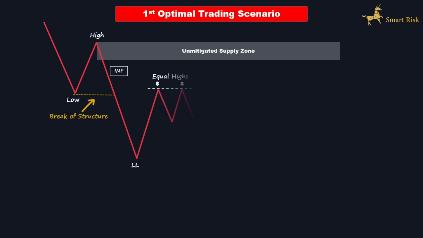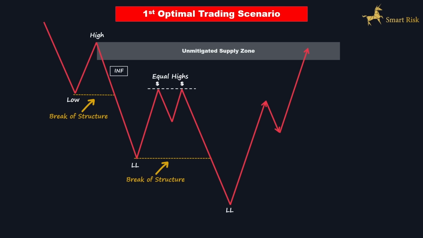In this first optimal trading scenario, imagine that we are trading at the perfect time of the day when the market has sufficient momentum and volatility. We've also thoroughly assessed the market structure and identified the directional bias of the price. All these factors align to indicate a potential selling opportunity. In this scenario, the price is in a downtrend and supplies are dominating the market.